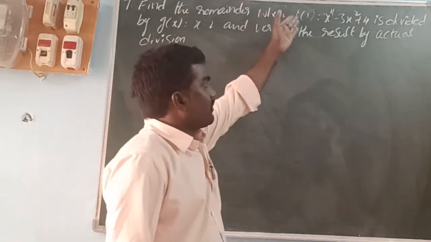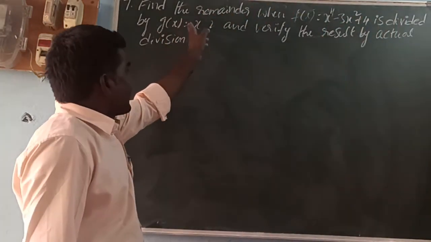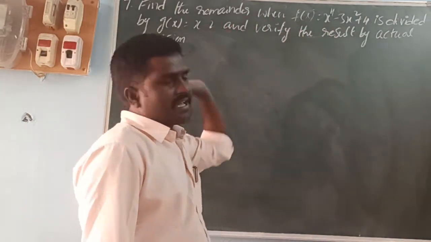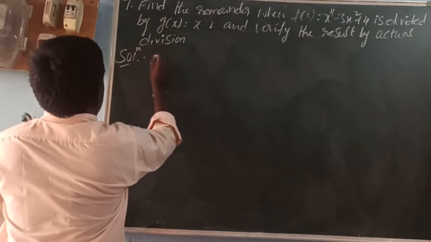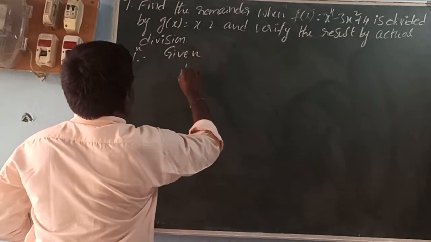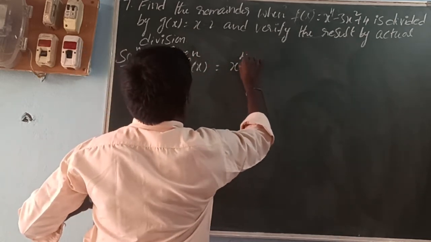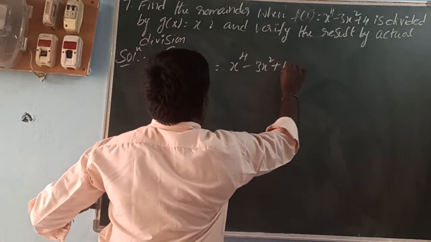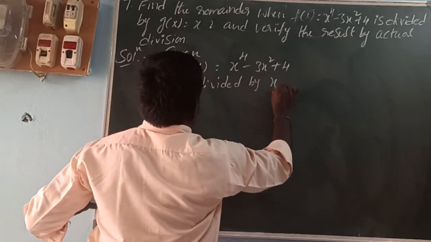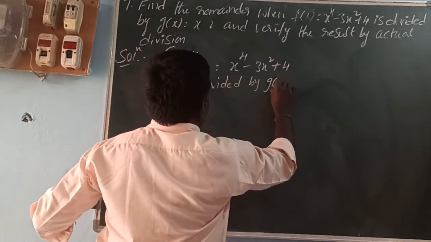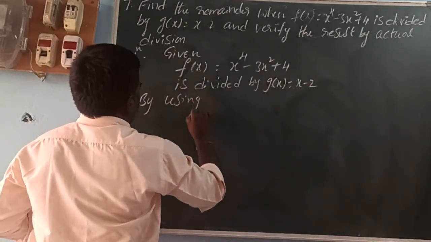Find the remainder when f of x, x power 4 minus 3x square plus 4, is divided by g of x, x minus 2, and verify the result by the actual division method. Okay, first here, given f of x is equal to x power 4 minus 3x square plus 4, divided by x minus 2. g of x is equal to x minus 2. So by using the remainder theorem,